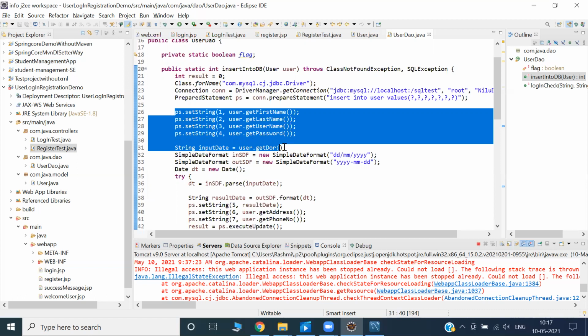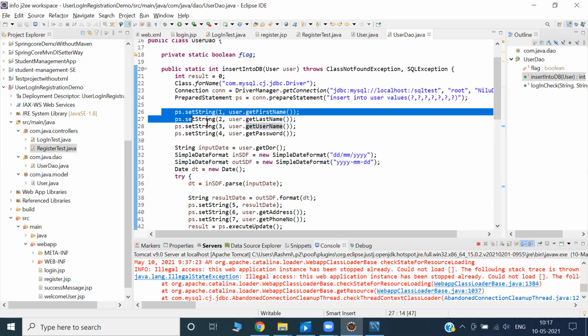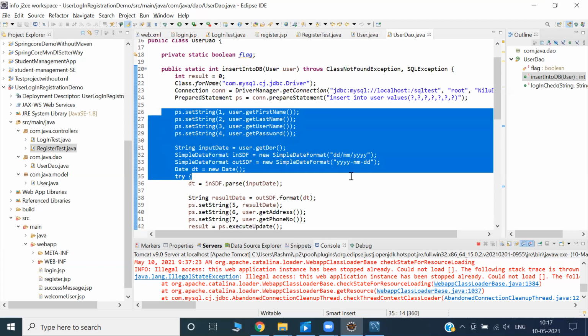No need to write all these lines of code. Automatically, somebody is doing it for you. But you have to understand this one. If you understand this, you will feel it is easy at that time.